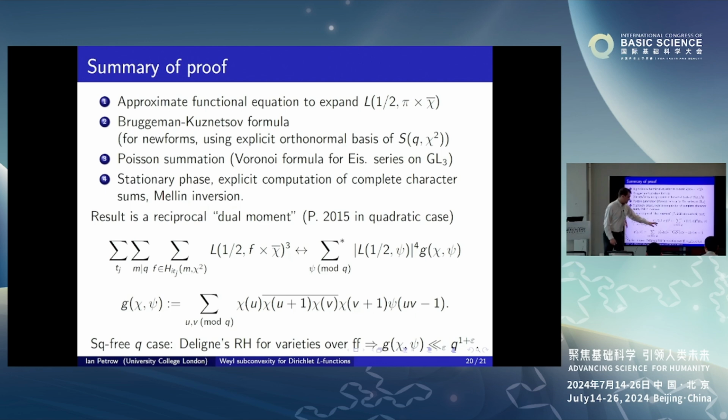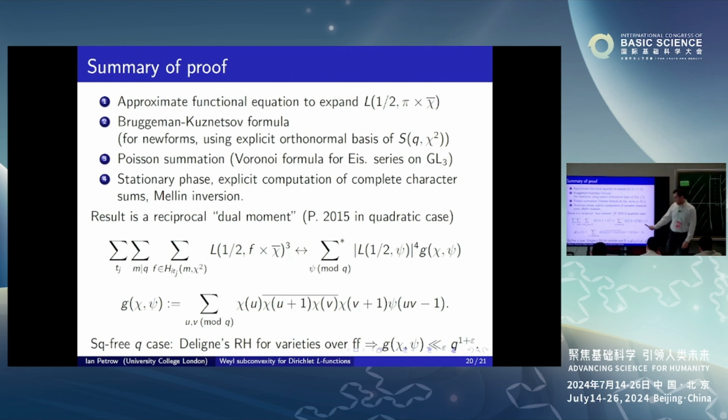So you have this original cubic moment, and that's related on the other side, after doing all these things, to a reciprocal dual moment of L-functions of this shape. This is just a schematic; I'm brushing a lot of things under the rug. But roughly you have a fourth moment of Dirichlet L-functions modulo Q twisted by this complete character sum G chi psi. So here,